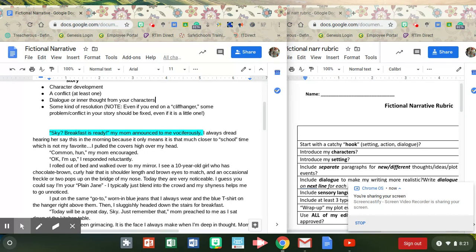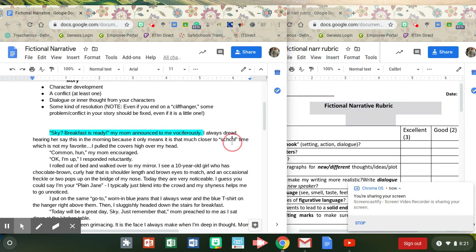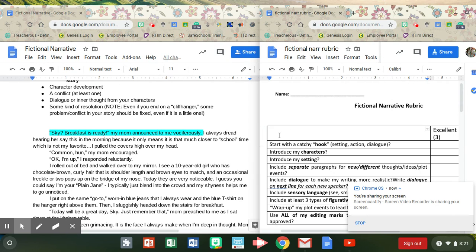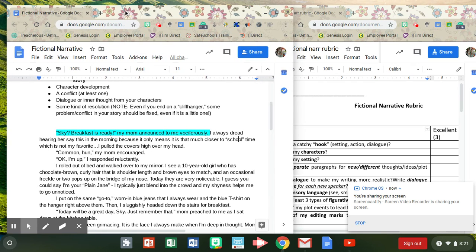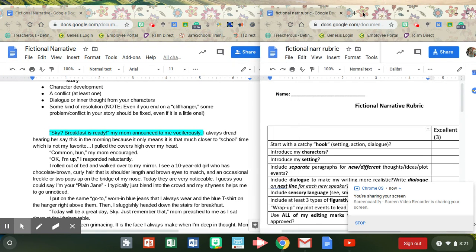of a narrative. So just a little reminder, on Google Classroom, you're going to see this fictional narrative rubric posted, and you're also going to see the fictional narrative Dropbox that's going to be one of the top posts on Google Classroom. If you want to do what I did and split your screen, just to remind you how to do that, because it is easier for me to check my narrative with this rubric when I do split screen,